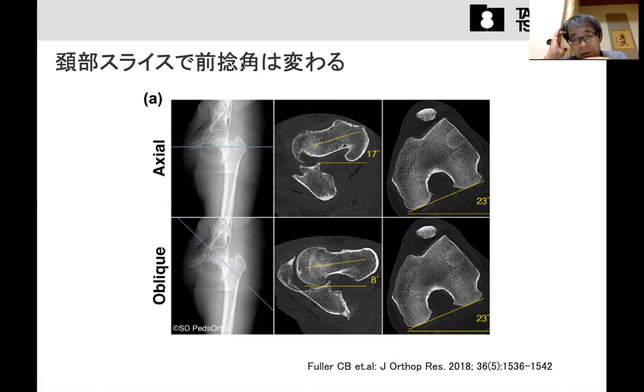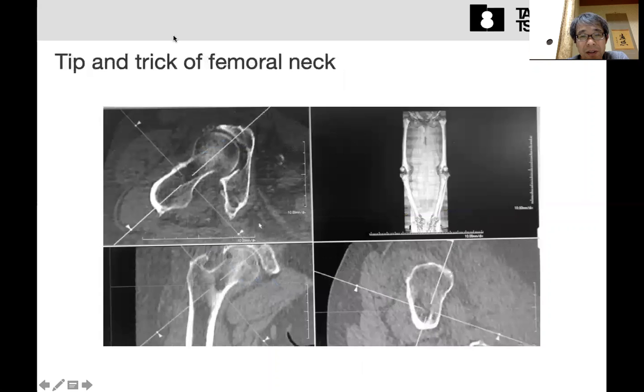This slide shows the antiversion is different according to the slice. The upper slice tends to show reduced antiversion because of the characteristic of the morphology. Okay, I will explain in the next slide. But this one,